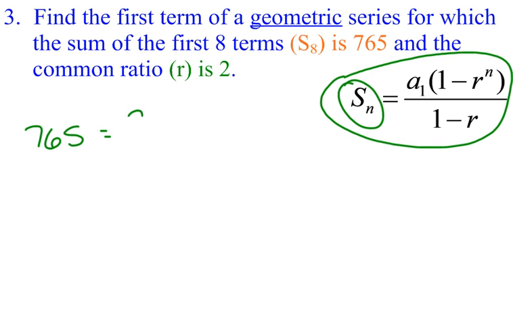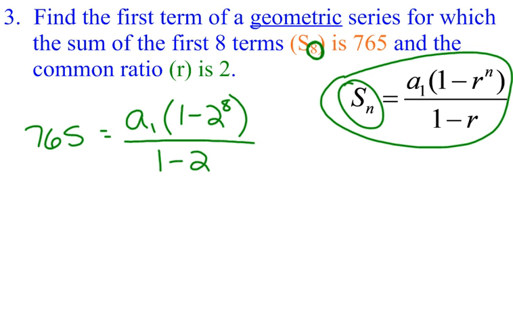They don't give us A1, so we're going to call that A1. Times 1 minus r. R is 2 raised to the, oops, I don't want the parentheses yet. I got to put that exponent in there. They just told us it was the 8th term, right? Isn't that our n value? So we're going to say to the 8th, and then over 1 minus r. So here, if I start to simplify this, I have 765 equals A1 times, and I would take 2 to the 8th, and then I take 1 minus that number. So I'd get negative 255